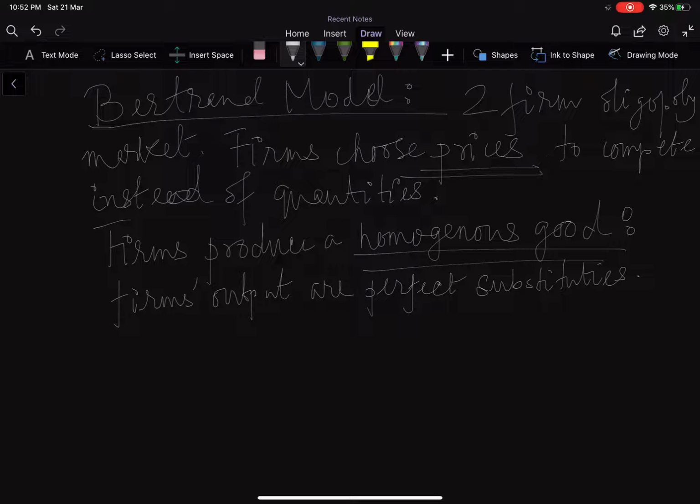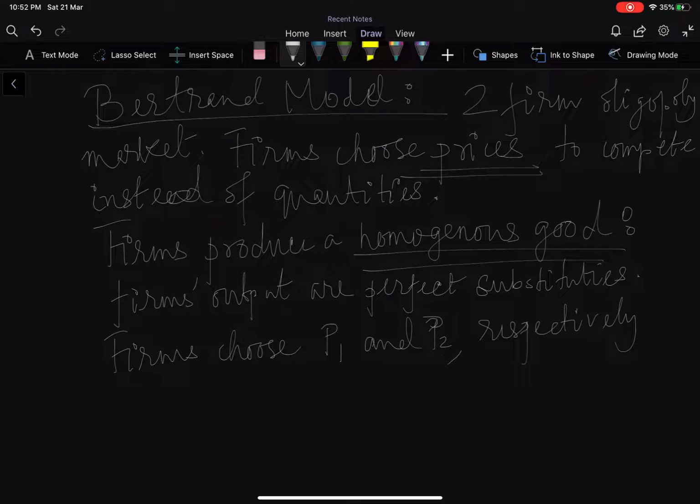Okay. So that's what it means to be a homogeneous good. So firms choose P1 and P2 respectively. Firm 1 chooses P1, firm 2 chooses P2,